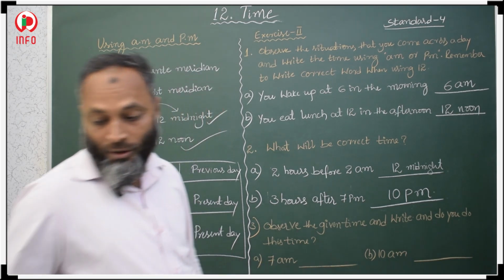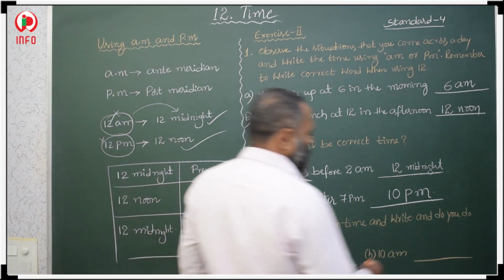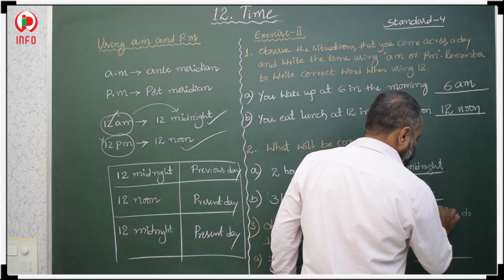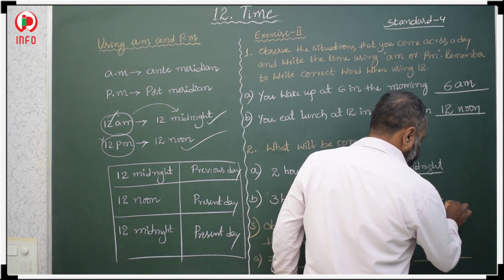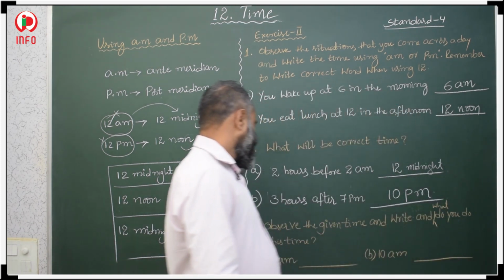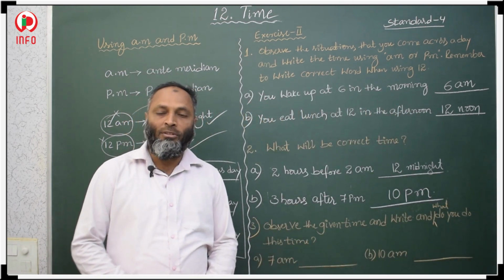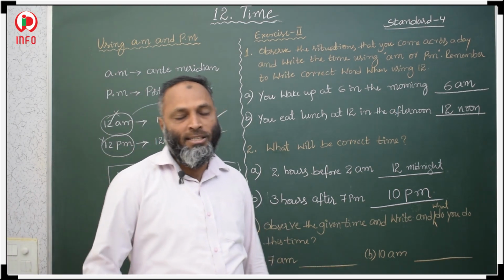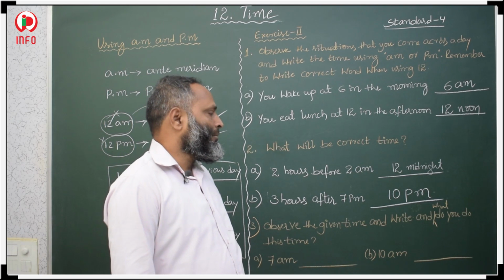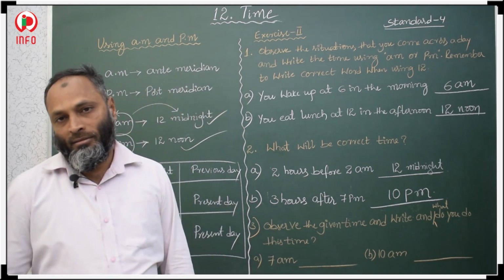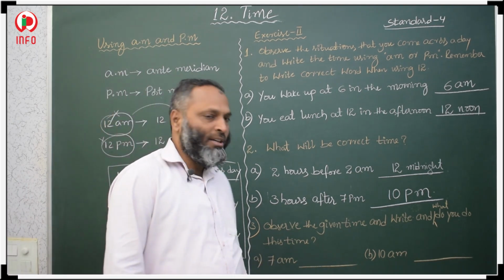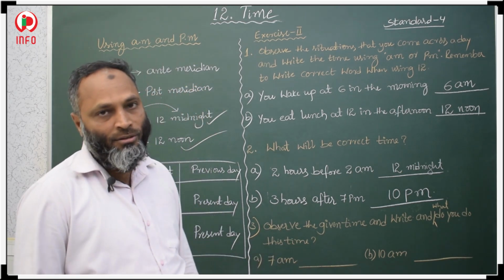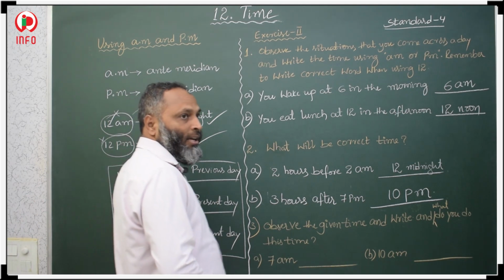So this time is 7 am, so generally what do you do at 7 am? This is morning time, 7 am, what you do, that you write here, so bathing,